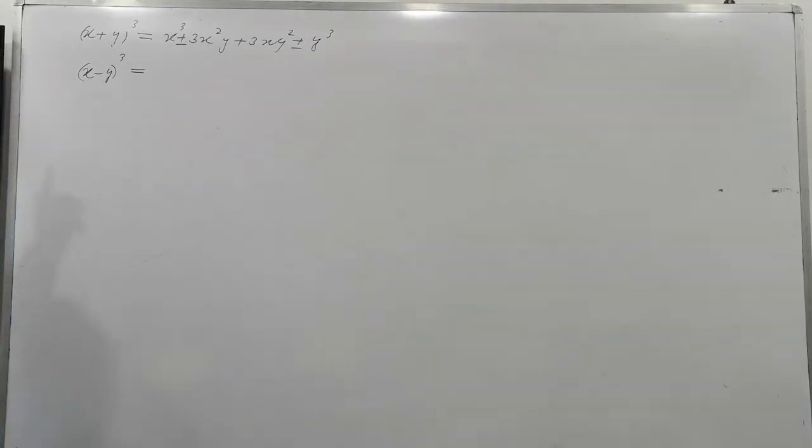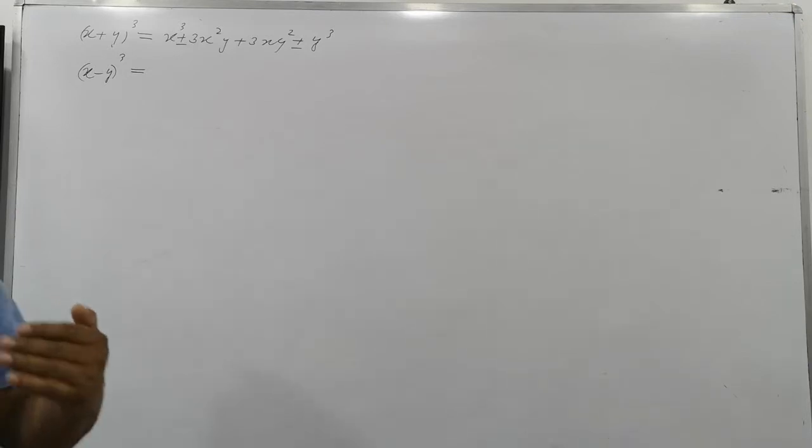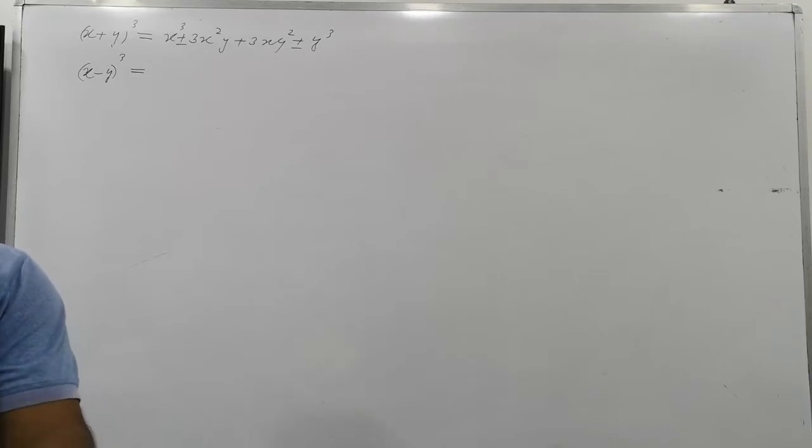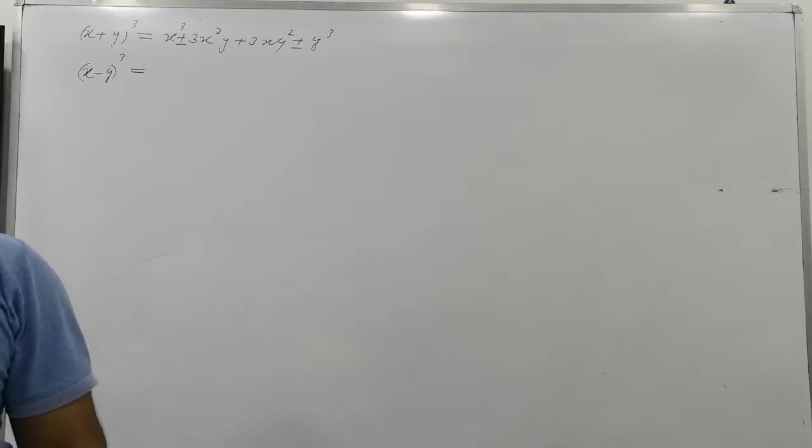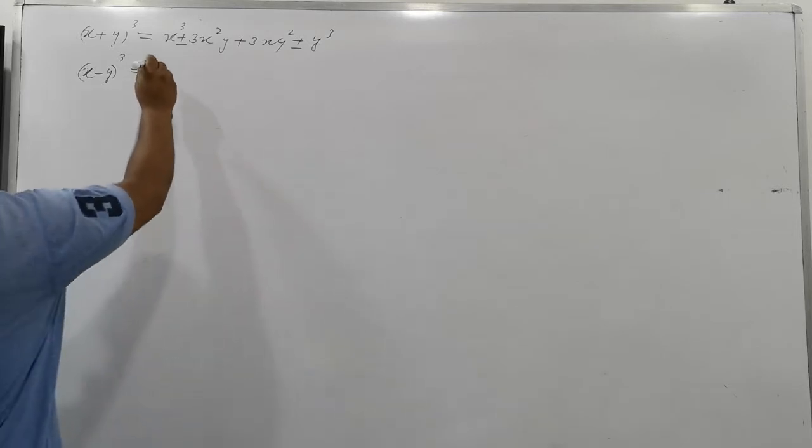Right now this is simple. So (x plus y) whole to the power 3 is equal to x cube plus 3x square y plus 3xy square plus y cube, and here y is negative. If y is negative, taken an odd number of times, 1, 3, 5, 7 times, the sign remains negative. Like minus into minus is plus, because we multiply 2 times. Minus into minus into minus, 3 times, is again negative. The first two minus make positive, and multiplying that positive with the third negative gives negative. Clear?